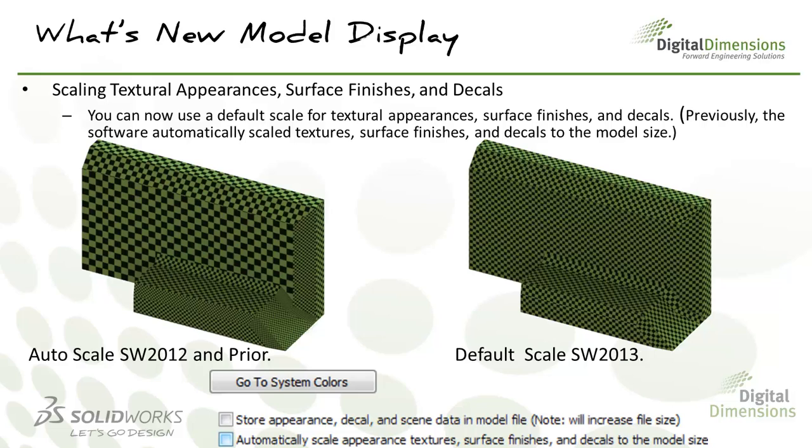map. Okay, so in the examples here, you can see the auto scale in 2012 and prior. This checkerboard pattern has been applied to multiple faces, and the checkerboard pattern has readjusted based on the size of the face. And now in 2013, once I uncheck automatically scale appearances, textures, etc. to the model size, it will then revert to the texture map scale of the item I'm applying to the model. And so that is why under my image here for default scale of SOLIDWORKS 2013, it's the default scale